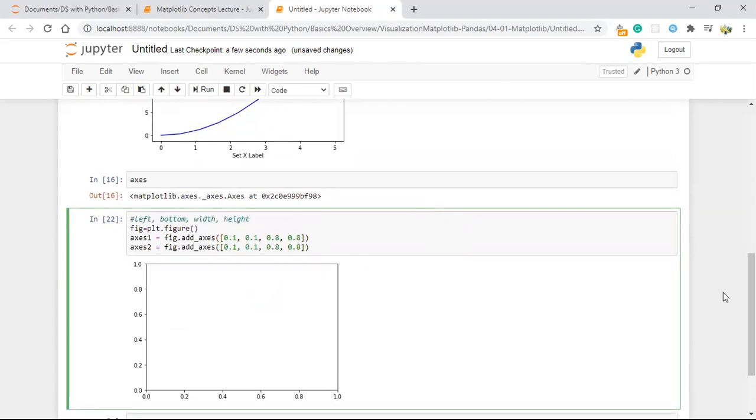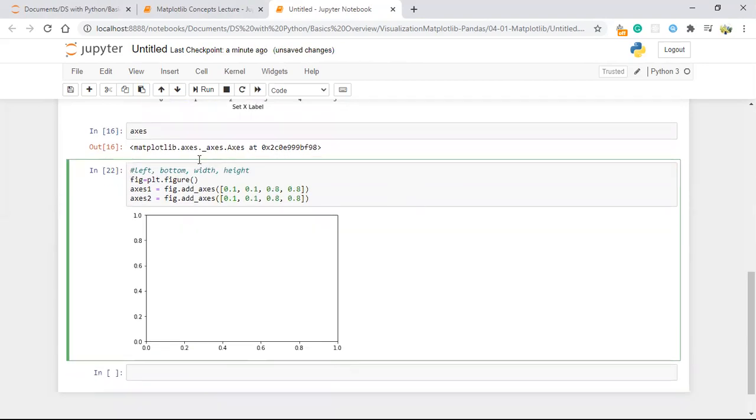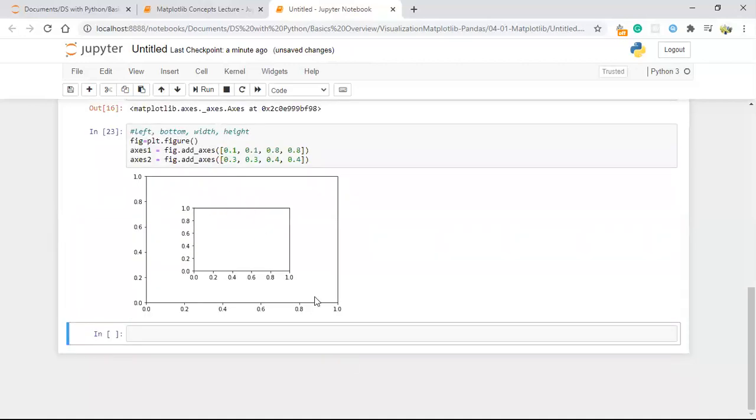So here for left I'm going to give 0.3, bottom I'm going to give 0.3, width I'm going to give 0.4, and height you will get 0.4. Now this is axis 1, which is this box, and axis 2, let me execute. See the second box. This second box is your axis 2, and this first box is your axis 1.